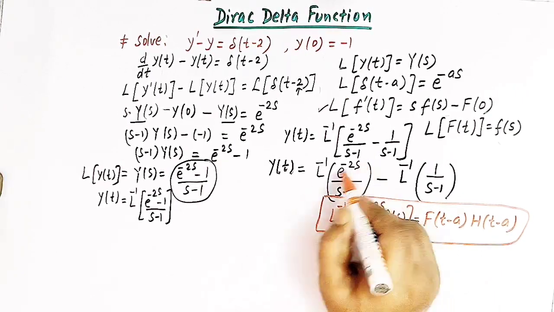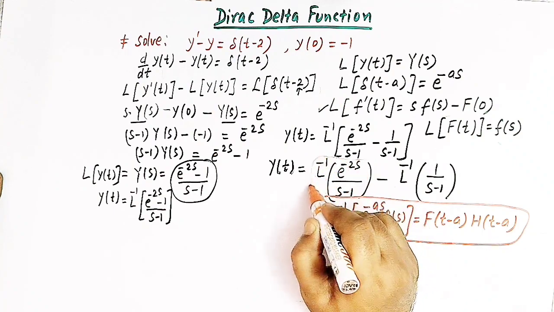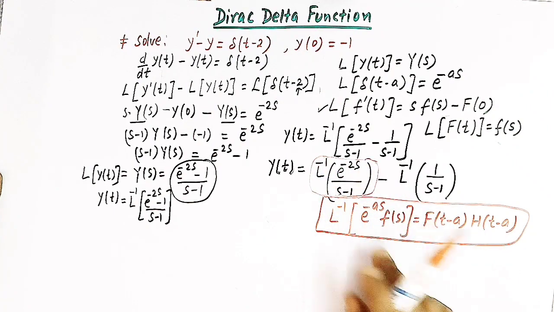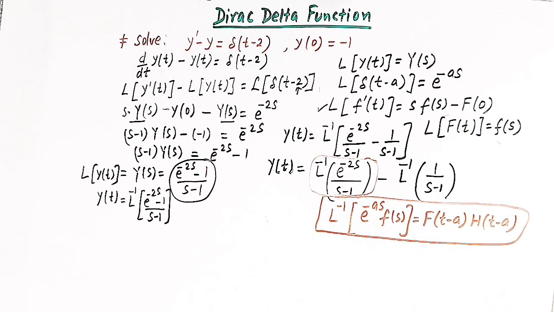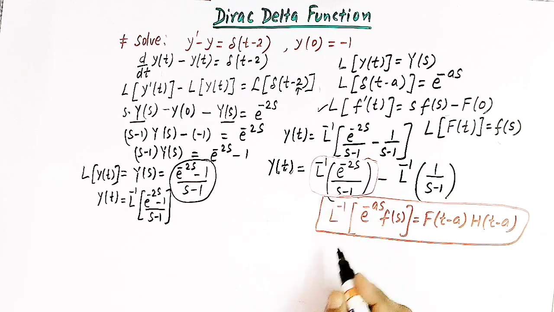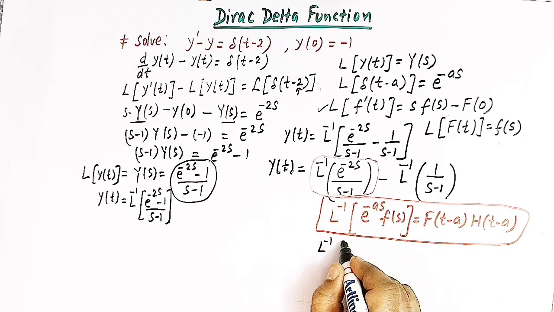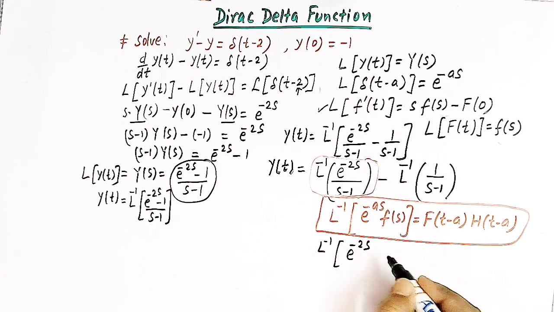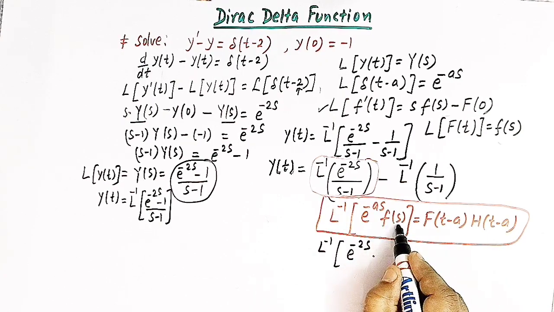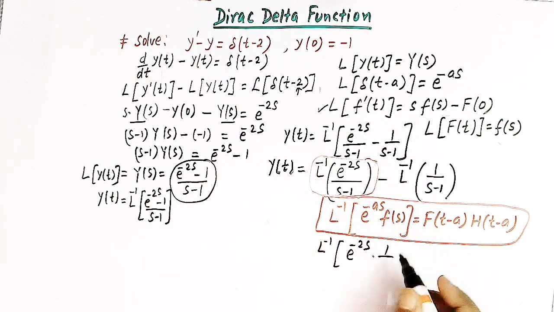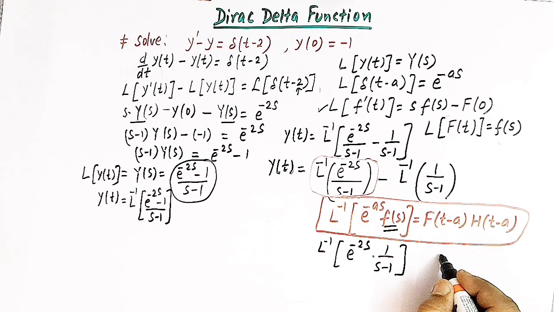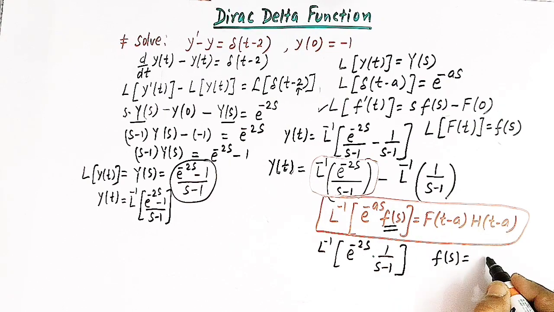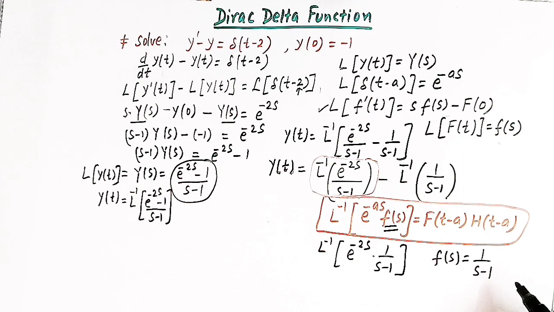So now to get the inverse Laplace transform of this function, we'll make use of this result, right? Because here we can write this expression as L inverse of e raised to minus 2s times F(s), and F(s) is 1 over s minus 1, right? So here this quantity, that is F(s), is given by 1 over s minus 1, and from the